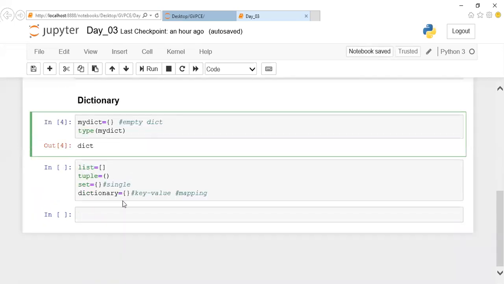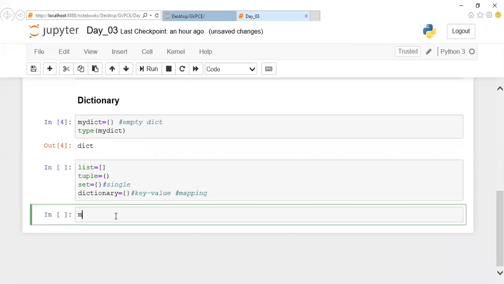Okay, if you want to initialize a dictionary along with the value, how can I do it? We can mention my dictionary, and here if I want to initialize a value, just for your understanding, I'll give it like this: name, Sugan.